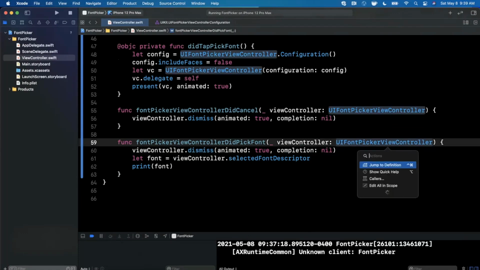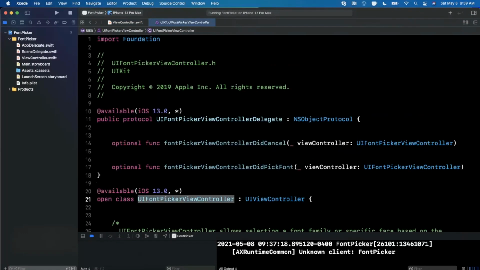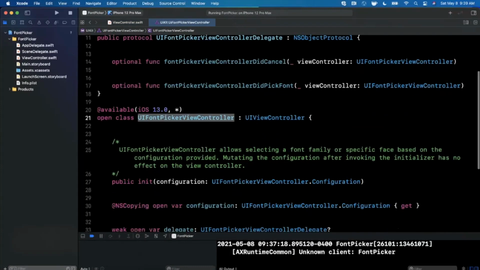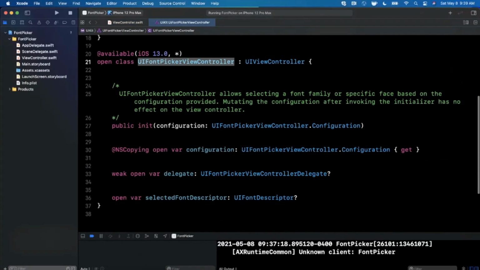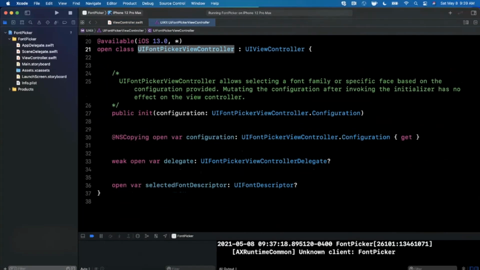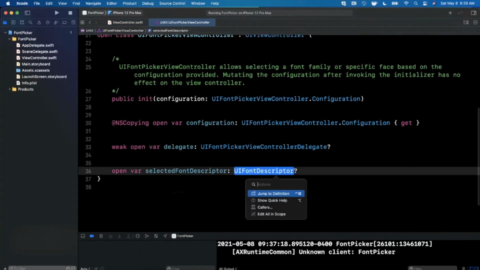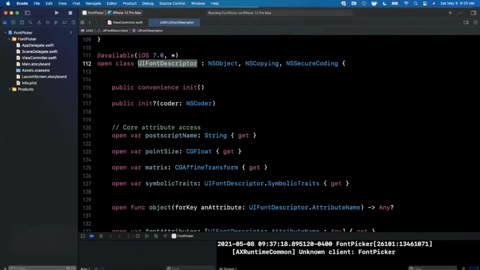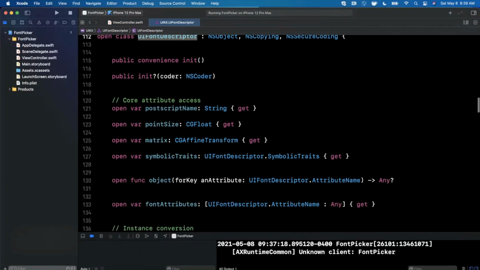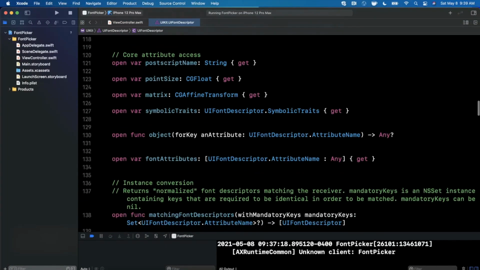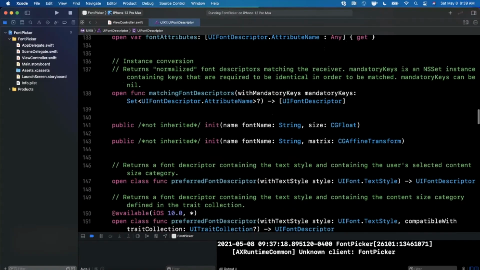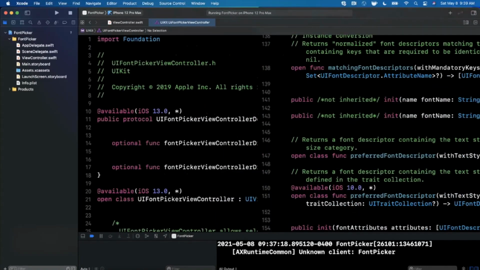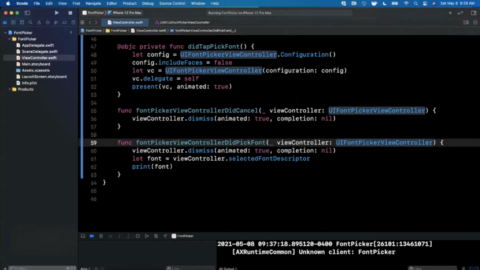And let's actually click into here and let's see what the other options are to get the selected thing. So there's an initializer, there's a configuration, delegate, and there's a selected font descriptor, which is what we're using. And if you're not familiar with what a UIFontDescriptor is, you can just click into it and see what it is. And let's see, so there's a point size in here. So basically this is something that describes a font, hence the name. Now, I actually haven't used a font descriptor in a long time, so we'll see if I can remember how